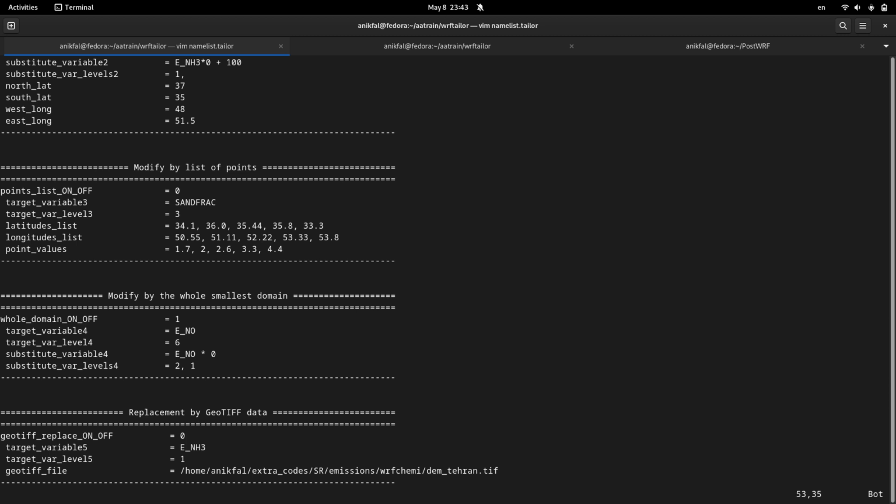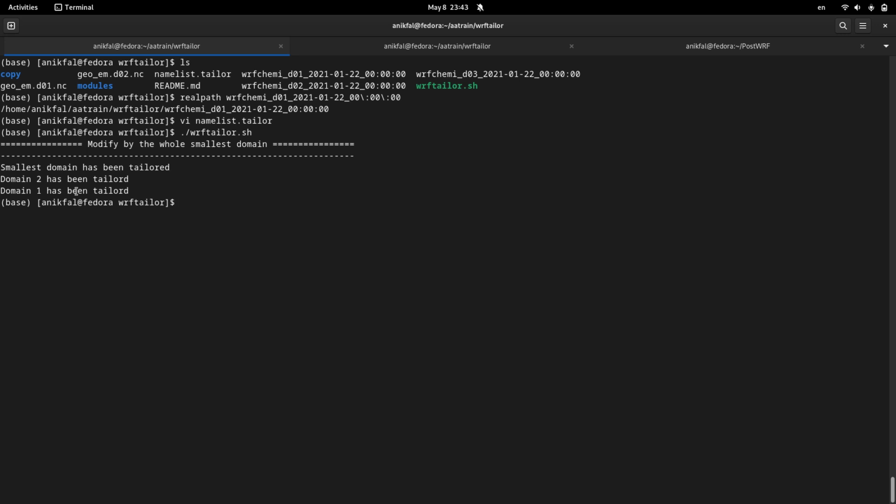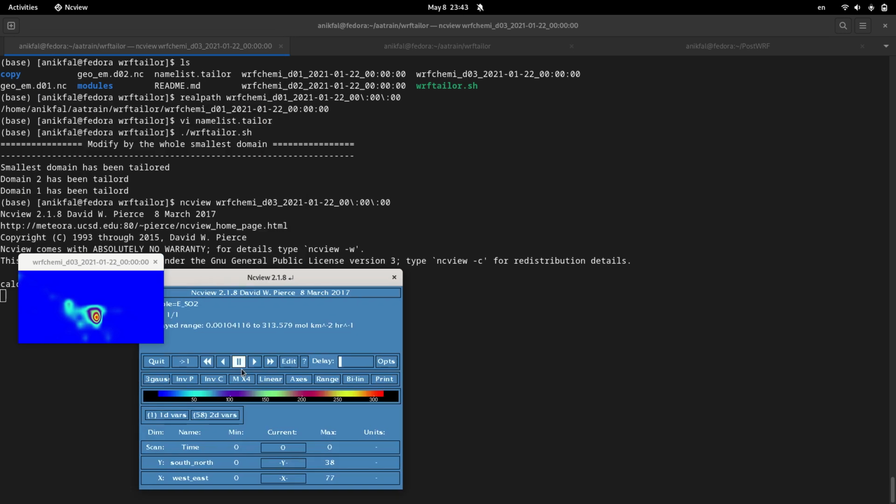So I change it to 1, and I have only one variable, and change it to 1 because it has one level, not more than one level. I copy it and I run WRFTaylor. Okay, the smallest domain has been tailored, domain 2 and domain 1 have been tailored. I open number 3, and NO, this is not NO,